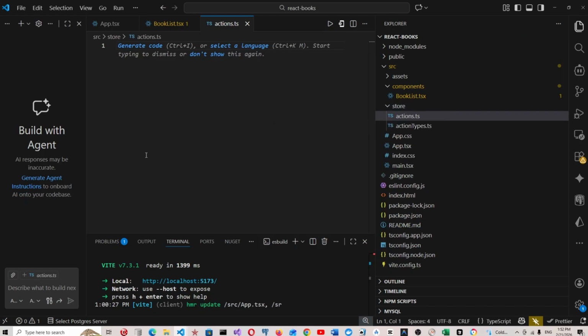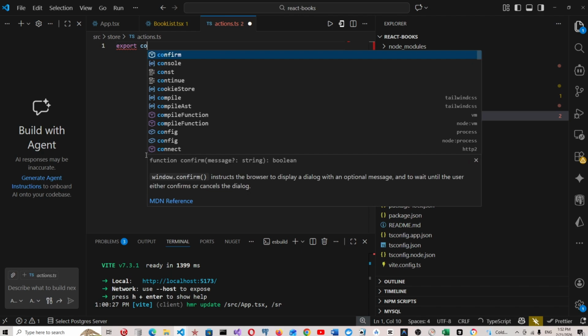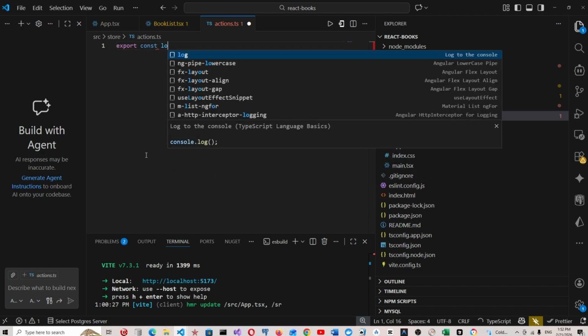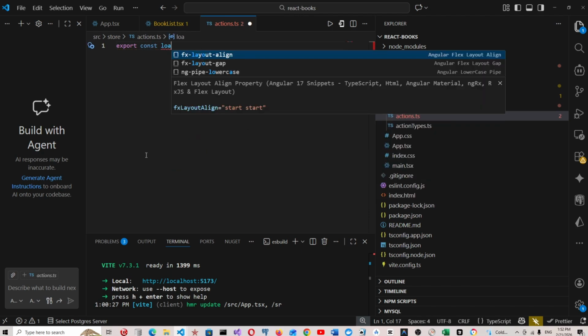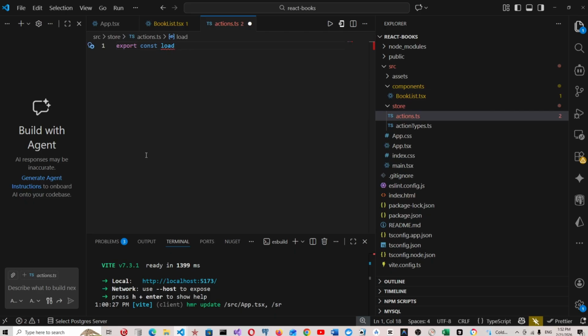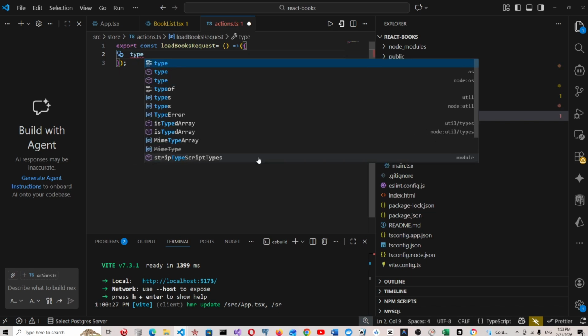We can export const. First we say load books request, and this is our function. What it takes is a type of,